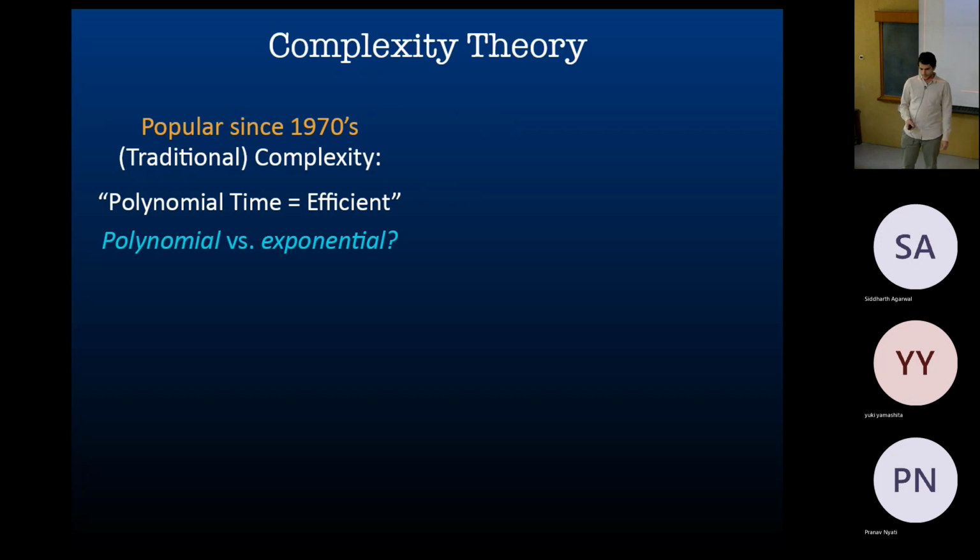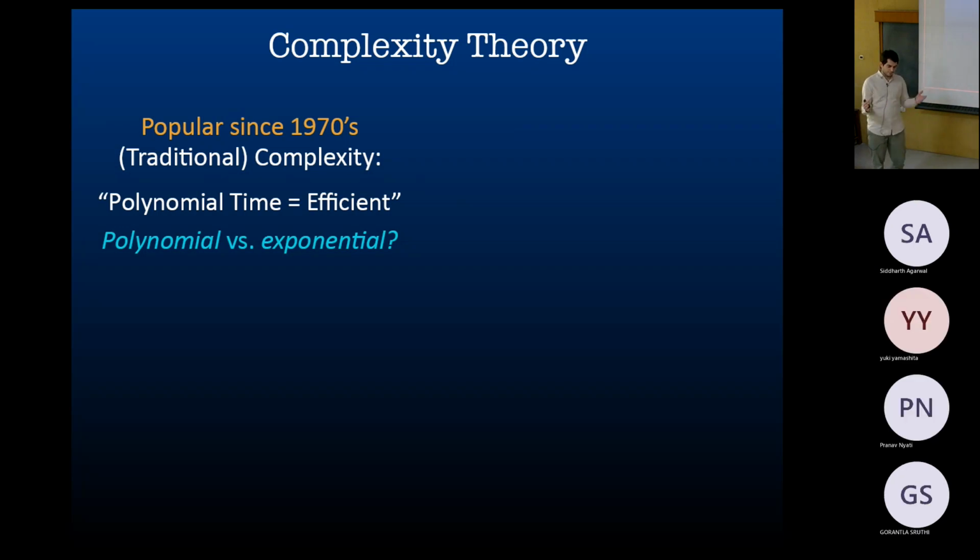So let's start. This is about complexity theory. Traditionally, in classical complexity theory, which you've heard of as the P versus NP and NP-hardness theories, the thinking was, we want to classify problems into those that we can solve efficiently and those that we cannot. And the thinking there was that to be efficient means you can find a polynomial time algorithm. And then NP-hardness theory lets us classify which ones we can and which ones we probably cannot.